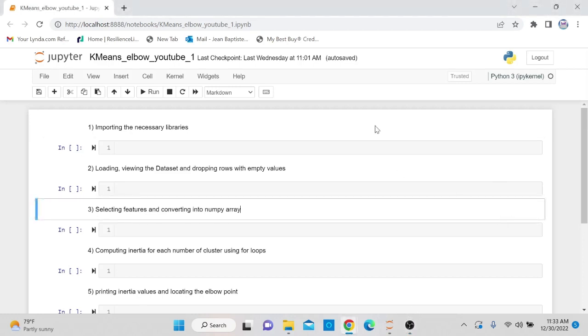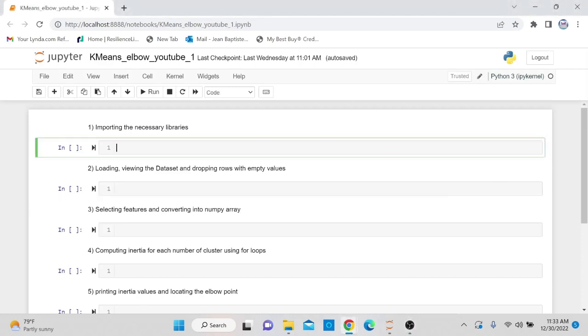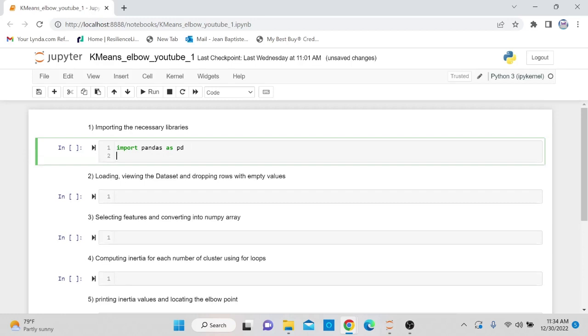Okay, I need to import 5 libraries. The first one that I'm going to import is Pandas as pd. Pandas is a library that allows you to play with data frames, transform them, and do all of the work in the data frame. Then the second one is Seaborn, which is a visualization library. So I will import Seaborn